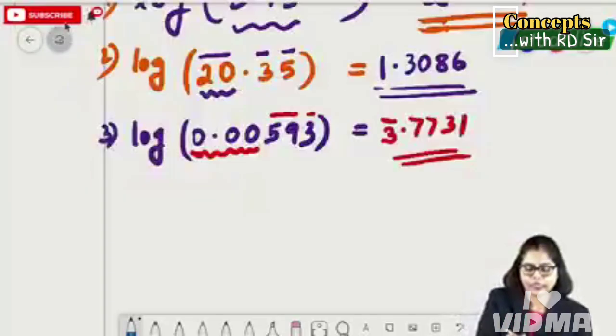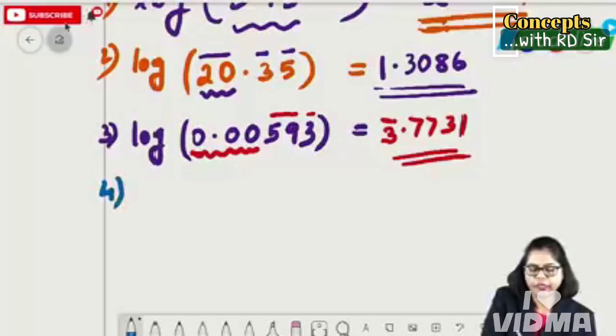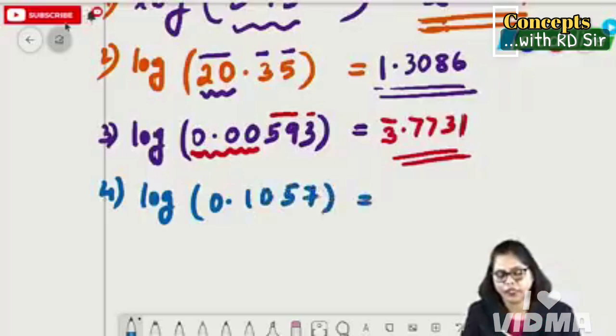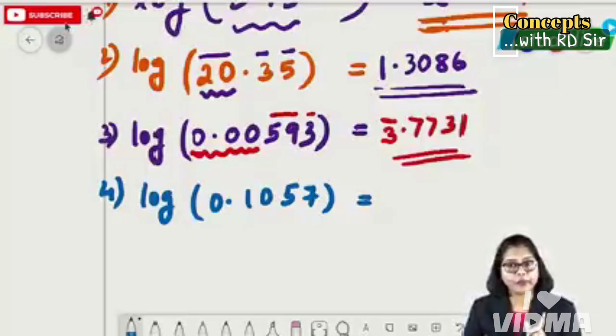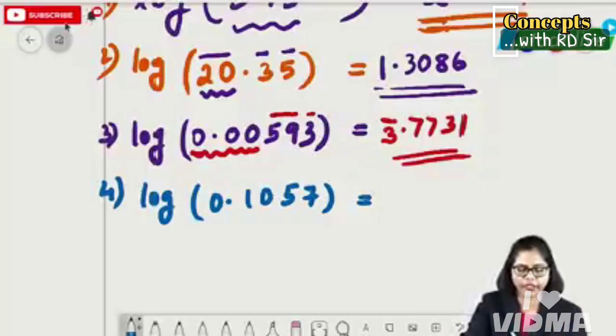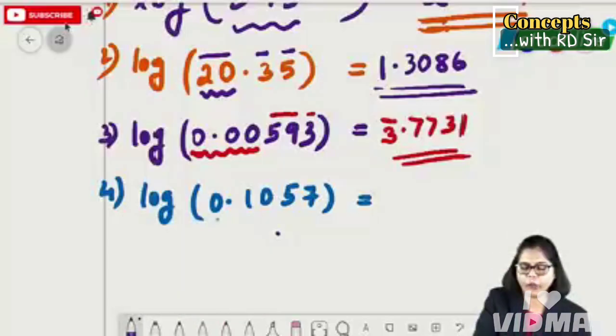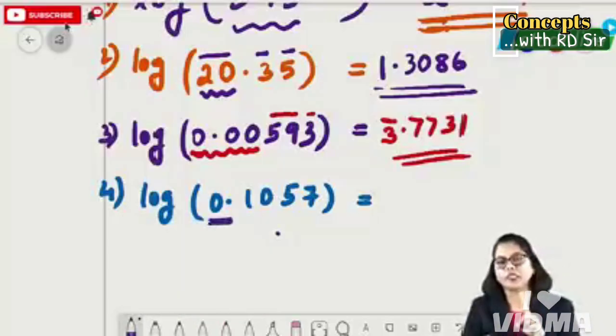Okay. Now, let us see one more example of this type of number. Say if it is log of 0.1057, if this is the number, students, right? Now, in this case, what are we going to do? We will again check the same rule. Before decimal, if it is 0, that means bar will come. Remember this, right? How many bar will come? That we have to decide depending on zeros number. Now, look at this. Here, how many zeros are there? Only 1 zero is there,